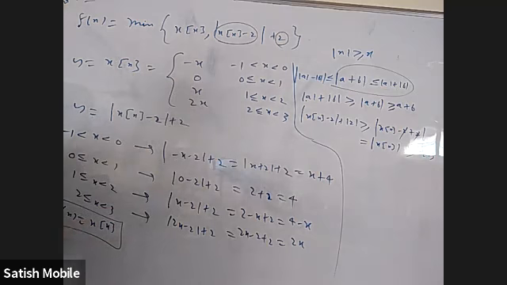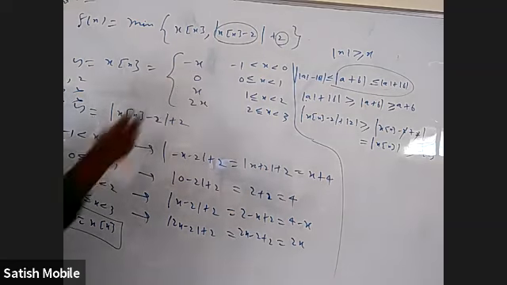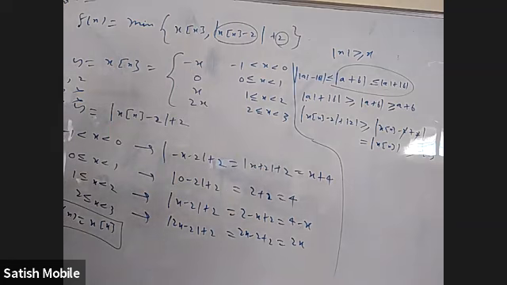This. At 2, is it continuous? No. This is 2 and this is 4. So it is continuous at 0, but not continuous at 1 and 2. What about differentiability? If it is not even continuous, it is not differentiable also. At 0, it is continuous, but not differentiable. Why? Left hand derivative is -1 and right hand derivative is 0 at 0. Okay, so at 0 it is continuous but not differentiable, and in differentiability, none of these 3 points is differentiable.